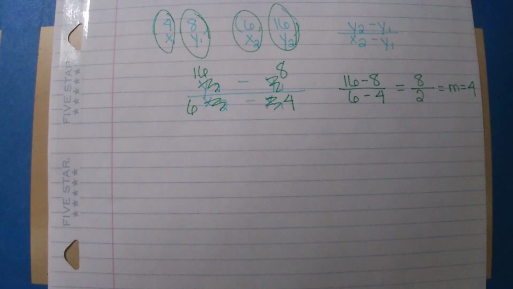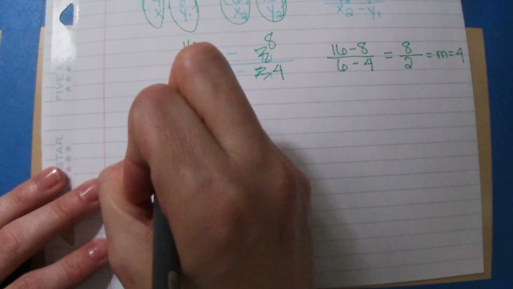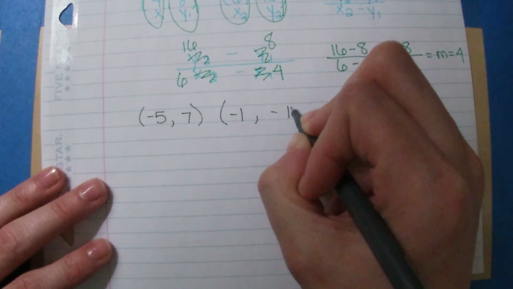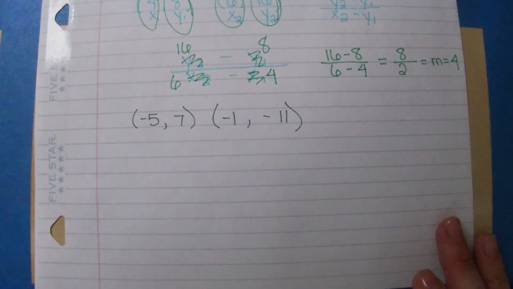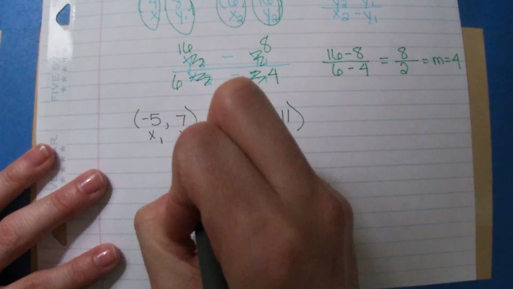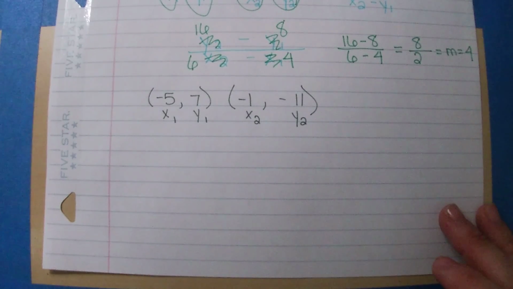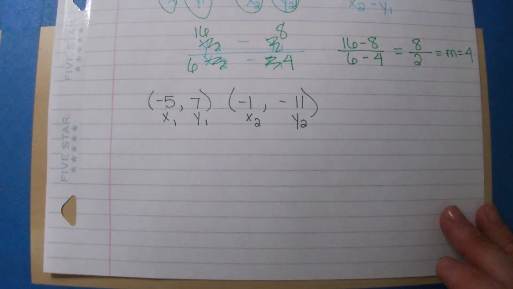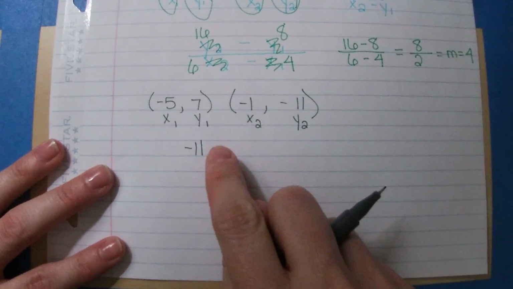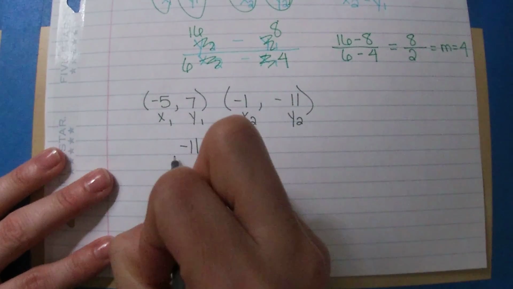So let's look at another one. Say we have negative 5, comma 7, and negative 1, comma negative 11. So again, I have an X and Y value. I have my first one, and I have my second one. Okay, so I'm going to do Y2. So Y2 is negative 11 minus, that minus is part of the formula, minus Y1, which is 7,